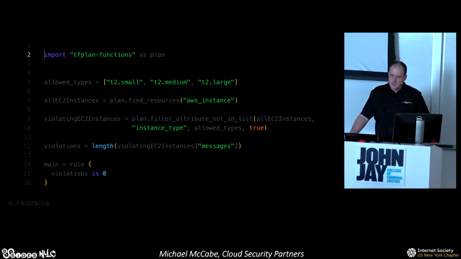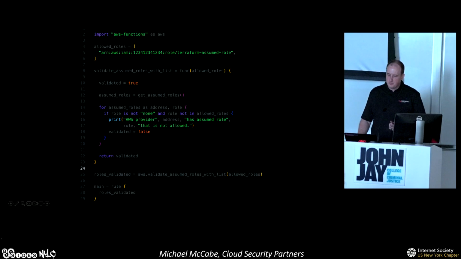So this is an example of Sentinel. I would say it's similar to Python. Sorry if there are any Pythonistas here who hate me for saying that, but it's a very simple syntax, a very simple language. You do some simple imports. You define, in this case, the size of an EC2 instance you want. It checks the plan, what we talked about before, finds those resources for an AWS instance, and then does a filter to basically say, are there any instances that have the incorrect instance type? So again, this is 16 lines of code with white space, and you're basically able to lock down the sizes of your EC2s. So they can be very simple and very powerful.